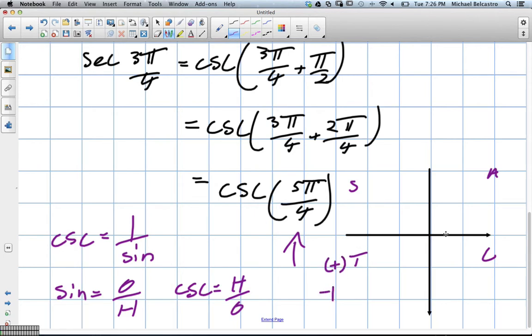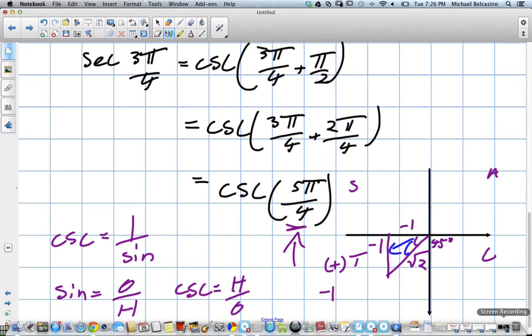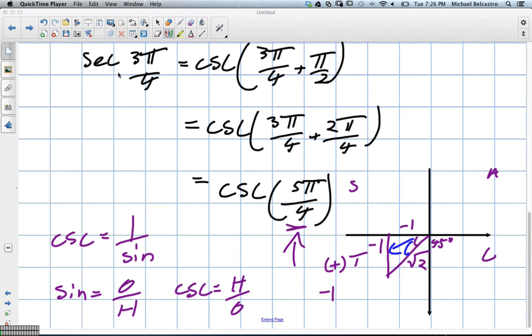And if we're using our unit circle, we're always talking about a distance of 1. This is a 45-degree angle, so we're creating a triangle where this is 45 degrees. We know that this relationship is essentially -1, this being also -1, and this being root 2. If cosecant is hypotenuse over opposite, we have root 2 over 1 as an answer, or sorry, negative root 2 over 1 as a